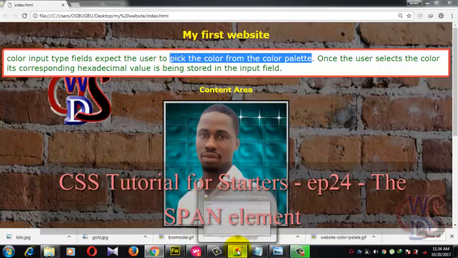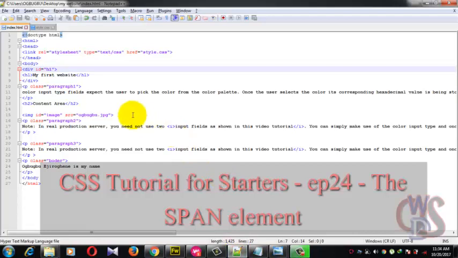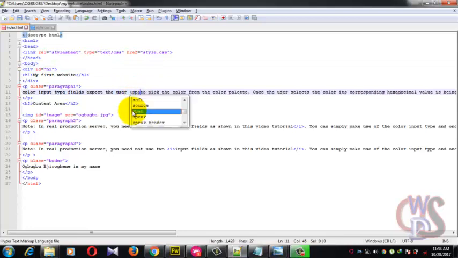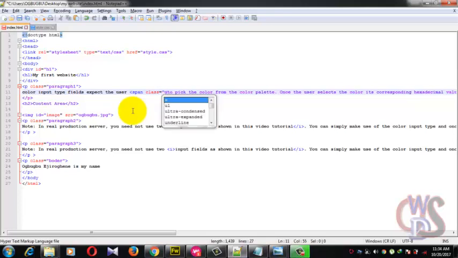So let's just dive into our code. For the first paragraph here, let's select an area where we want to use a span. So I'll just start from this word, open a span tag, give it a class, quarto, I'll give it underline,